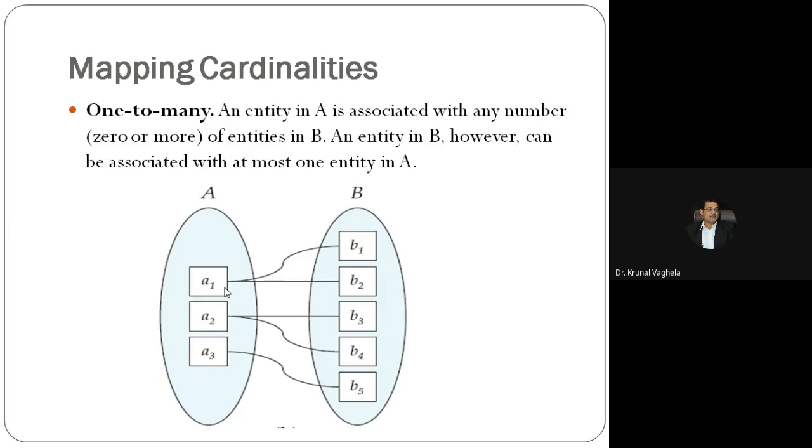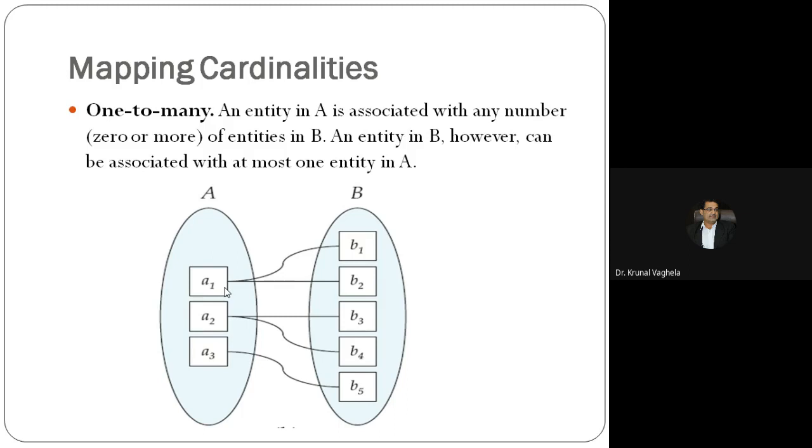An entity in A is associated with any number of entities in B, but an entity in B, however, can be associated with at most one entity in A. Example? One person can have multiple bank accounts,